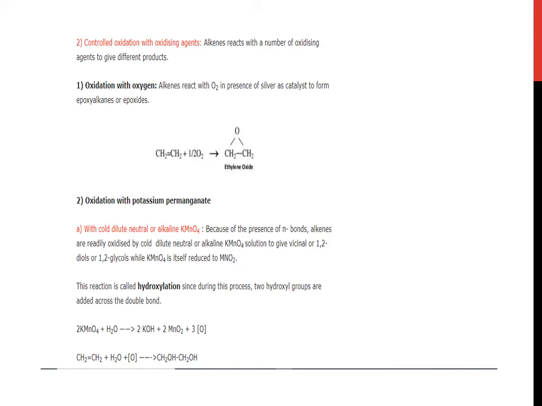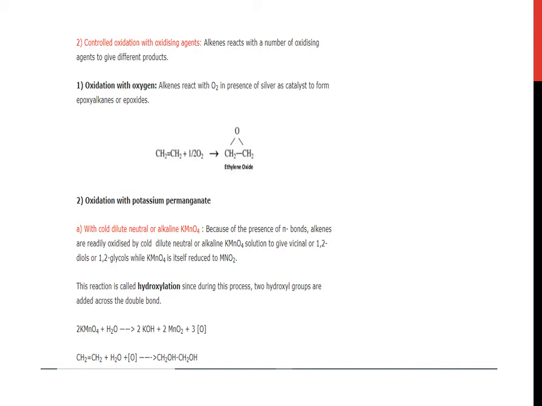Controlled oxidation. Number 1. Oxidation with oxygen. When ethene adds only half molecule of O2, there is formation of ethylene oxide. Now, oxidation with potassium permanganate. First, with cold dilute neutral or alkaline KMnO4. Because of the presence of pi bonds, alkenes are readily oxidized by cold dilute neutral or alkaline KMnO4 solution